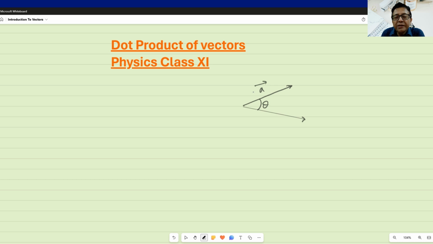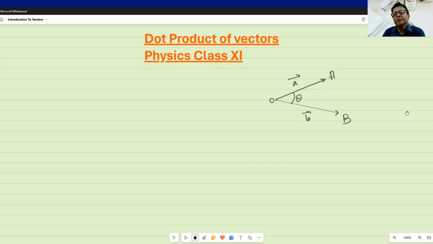This is vector A, OA, and OB equal to vector B. Then the dot product between these two vectors A and B is defined as